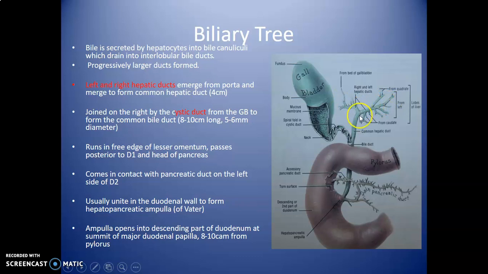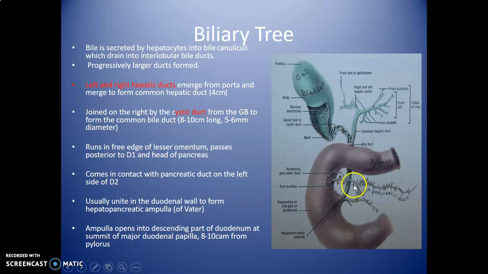to form the common hepatic duct, which is usually 4 centimeters. So this common hepatic duct will be joined by the cystic duct from the side. The cystic duct is coming from the gallbladder. And together they form the common bile duct, which is usually 8 to 10 centimeters long and 5 to 6 millimeters